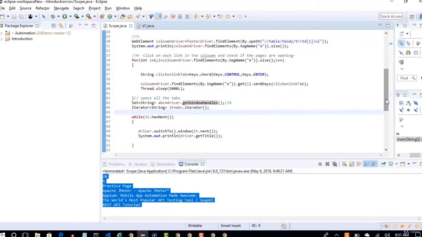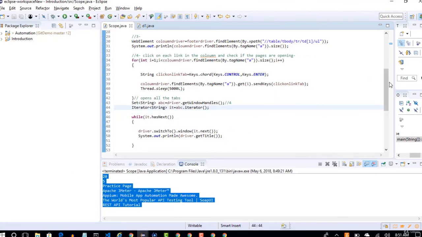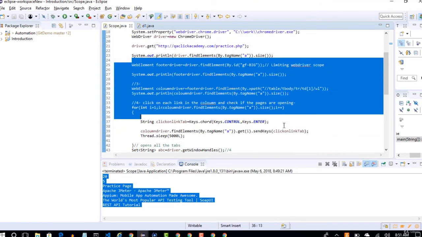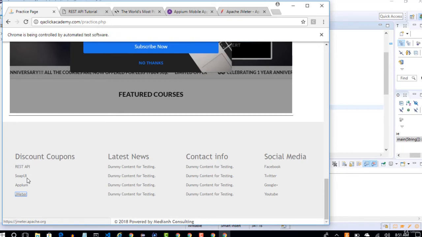Why did it not fail when I changed these link names? Because our test is independent of link names. We are not targeting these link clicks with their names or the text written on them. We are targeting them with the help of anchor tags and dividing that into one particular section.